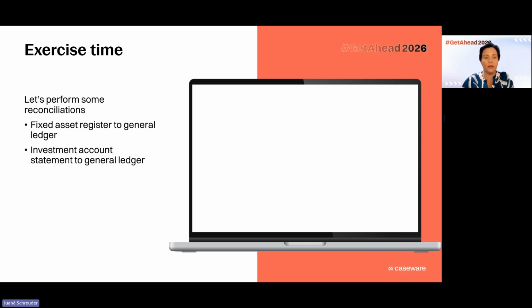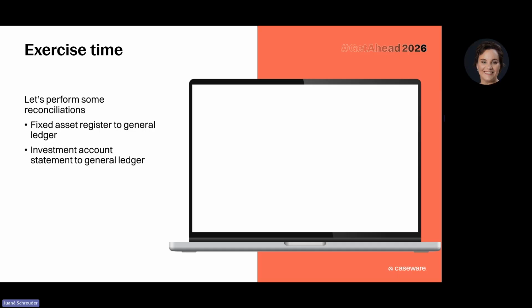For that purpose, I'm going to switch off my camera because I'm going to be looking at that side, and then obviously you're just going to see my side. So you're not going to see me looking at you anymore. So that then off, and then we can start doing the exercise.